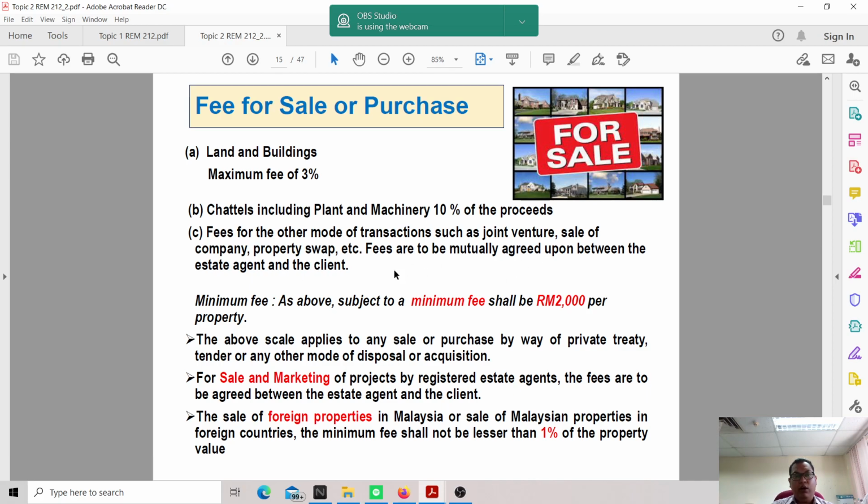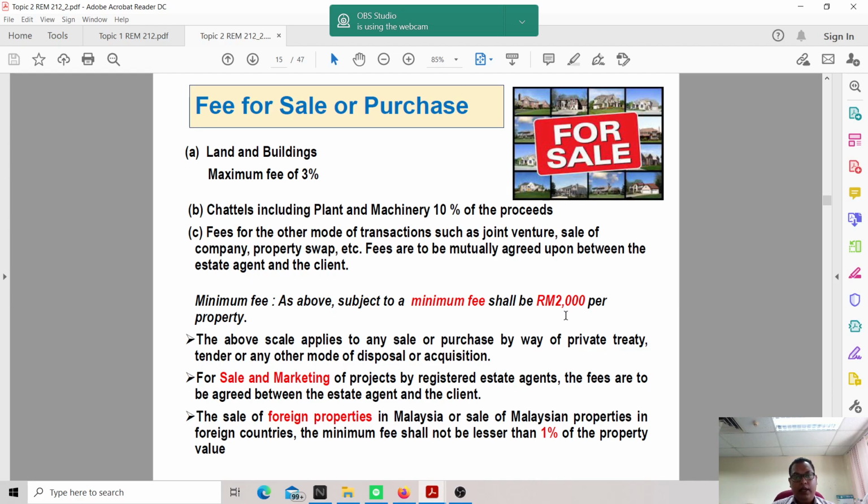So this kind of fee is actually permissible under the board for you to get more than 3%, like when you are selling the company, or even doing a joint venture for development. Okay. So the minimum fee is subject to 2,000 ringgit